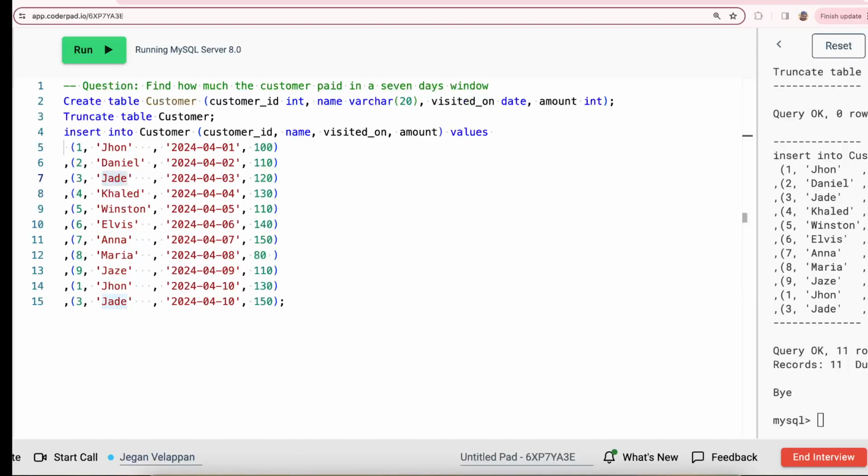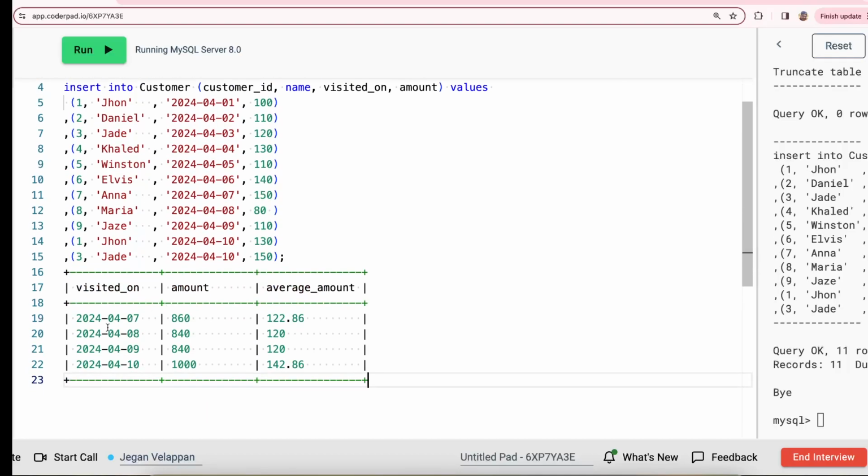So basically this is a sliding window, and we have had few videos and previous questions where we used the same sliding window logic, right? Basically it's a self join with the table, and you get the specific interval of records, and you just sum up or do average or whatever you need. So the expected output is going to be